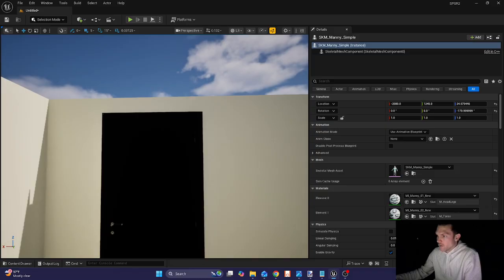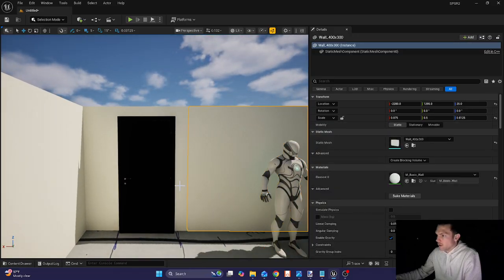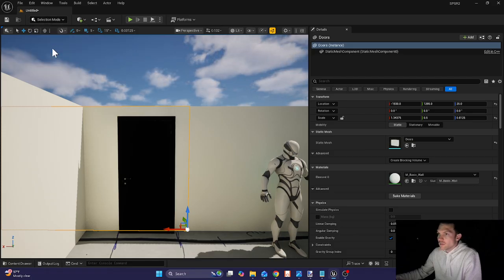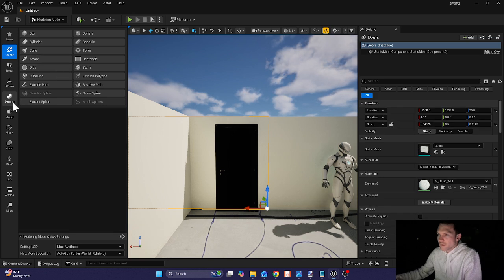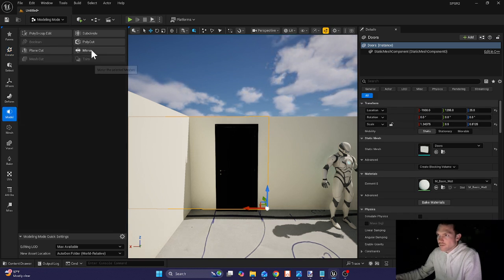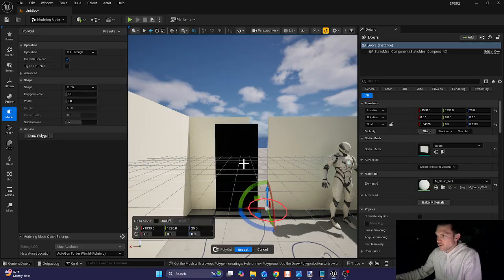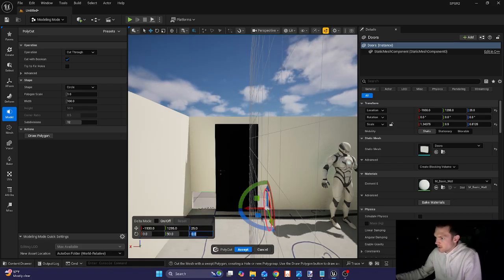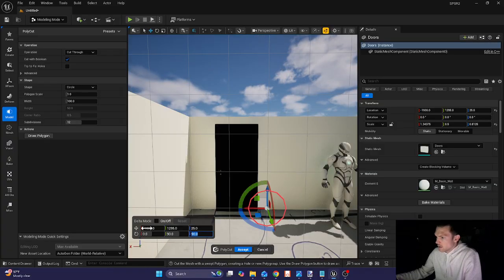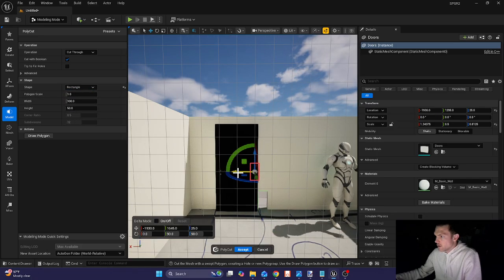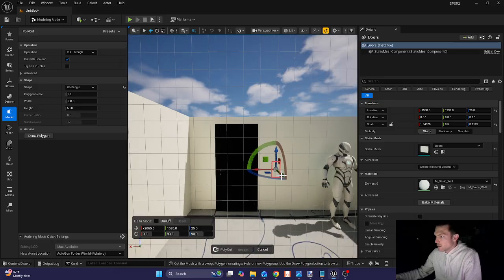And then we go into our poly cut, and we'll go to modeling. Wait, was this poly cut? I always forget. Plane, plane cut? No, poly cut for sure. Yeah, poly cut. And to do a square, we're going to do 90 by 90. And then we're going to change this to a rectangle. And we're going to move this guy inward. And let's just